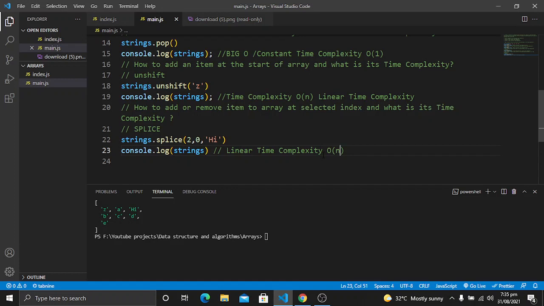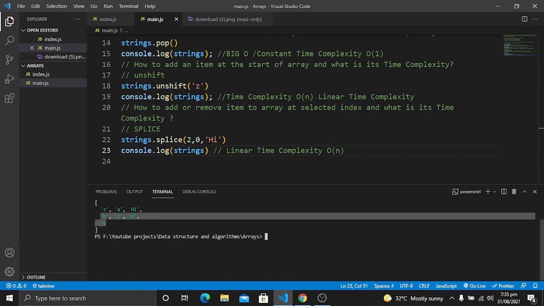This is because when we insert an item at this position, all the other items that come after high have to change their positions or indexes. For example, when there is no high, b is at index 2. Now b has moved to index 3, c has moved to index 4, and similarly for the rest. In this way we can add an item.